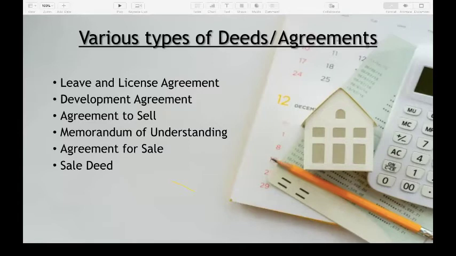We had discussed yesterday what a letter of intent is. It is a formally non-binding letter which records the understanding of both the parties. Now coming to the next agreement, it is the agreement for sale. Having understood what an agreement to sell is, an agreement for sale is an agreement to sell property but